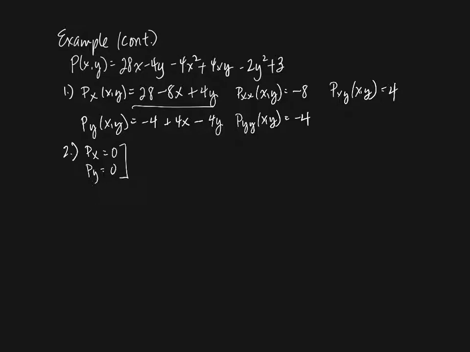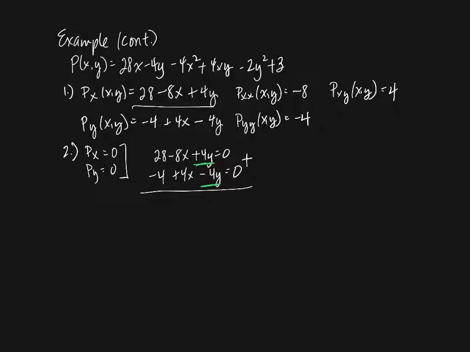Okay, so let's write that down. So we've got 28 minus 8x plus 4y equals 0, and negative 4 plus 4x minus 4y equals 0. So now on previous problems we used substitution, or in the case of the other problem, each equation only had one variable, so we could solve them separately. So notice here both equations have both variables, but instead of doing substitution, I want to notice that I have plus 4y here and minus 4y here. So what I'm actually going to do is what's called the elimination method. I'm going to add these two equations together, and I'll end up with an equation in just one variable.